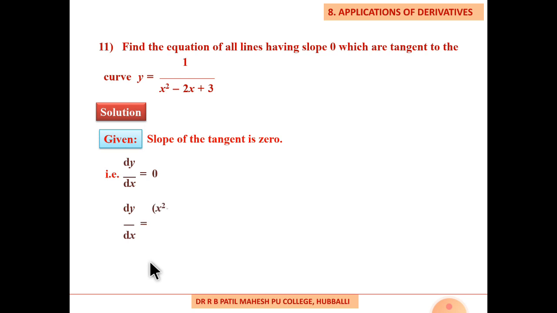So we get dy by dx equals, if you differentiate this term you can apply the u by v rule, first term divided by second term. By using the u by v rule, v into u dash, the derivative of the first term, minus the first term as it is times the derivative of the second term, x square minus 2x plus 3. The derivative of x square is 2x, the derivative of minus 2x is minus 2, now divided by the denominator whole square, (x square minus 2x plus 3) whole square.